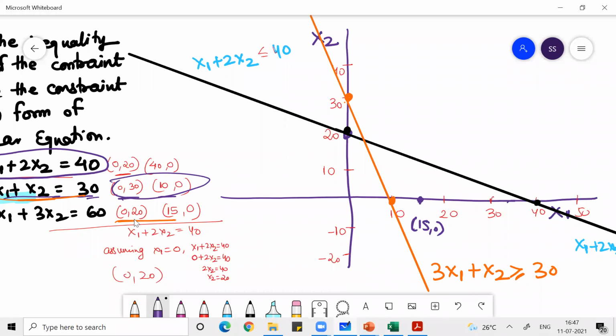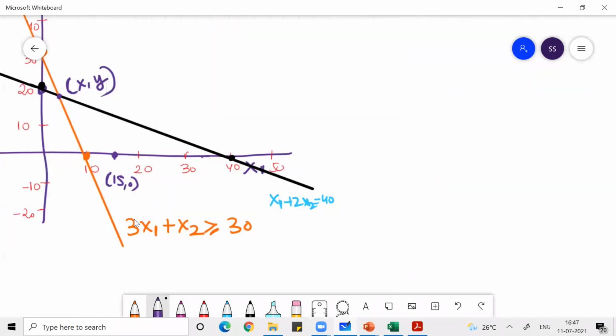Before I do the plotting of the third line, guys, I need to know from you how you will find this coordinate x, y. Anyone? How will you find this coordinate? Before I draw the third line, I want everyone to understand how we will find this point. How will I be able to find x, y? All the three lines are touching the same point. These two lines are touching the same point.